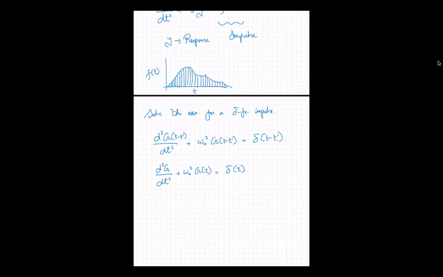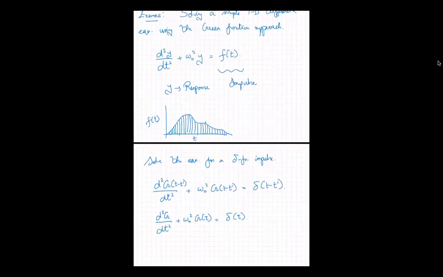Essentially, if I can figure out g, I know y. Okay, so this might be a very tall claim to make, but it's actually very simple to see that if you know g, you know y. In other words, if I know the response of the system to a particular delta function impulse at any one single instant of time, I know the response of the system over a cumulative time with an impulse function